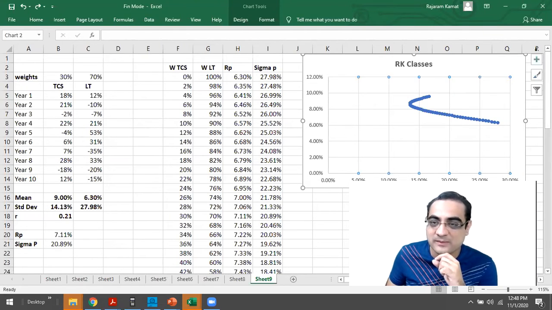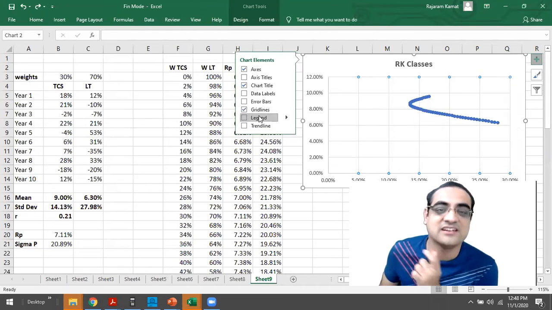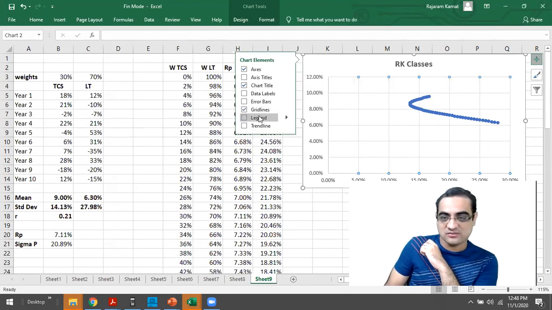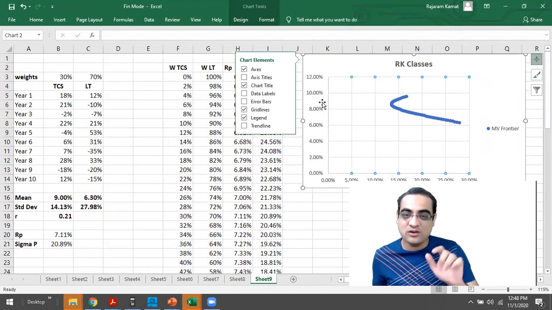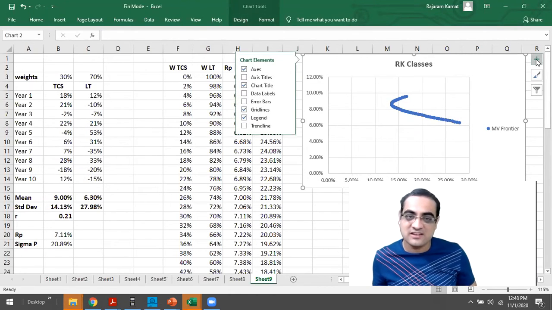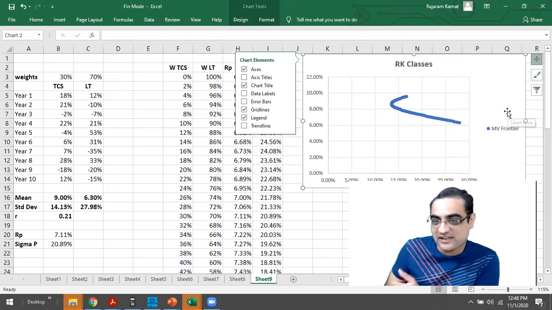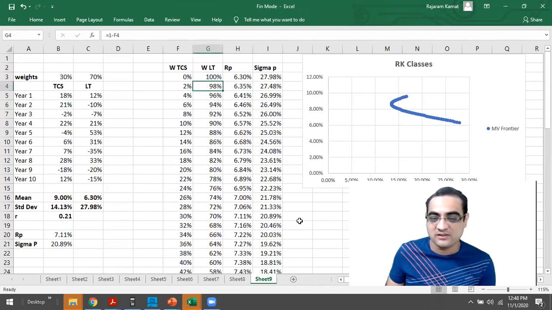How to get this? Okay, brush के ऊपर plus sign में. Okay, so Ninad is helping me out. Okay, this one. Okay, chart title, axis title, trend line, legend. Yeah, so that's the legend. Thank you, Ninad. So what you need to do is click on this plus. Plus पहले आ रहा नहीं था, so select on this, then click on this plus, then you will see this legend. So if you click on that legend, then you will get that MV Frontier. So thank you, Ninad, for that.